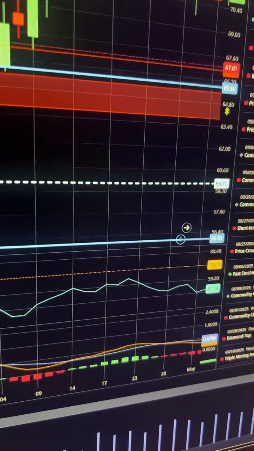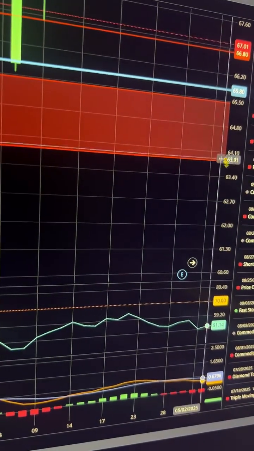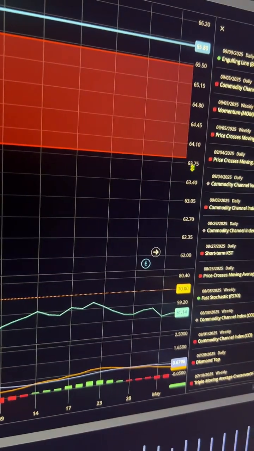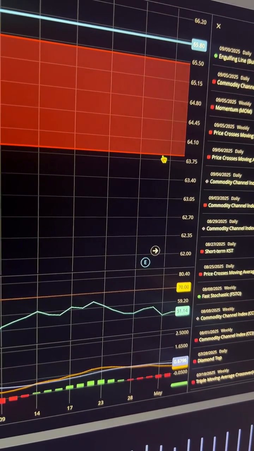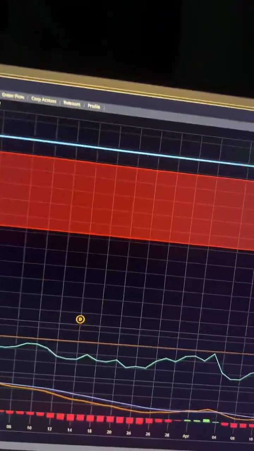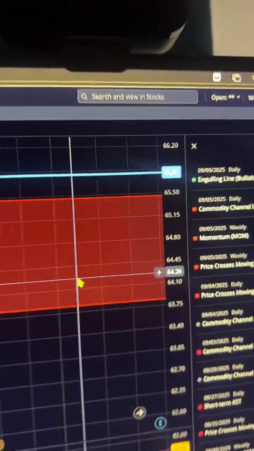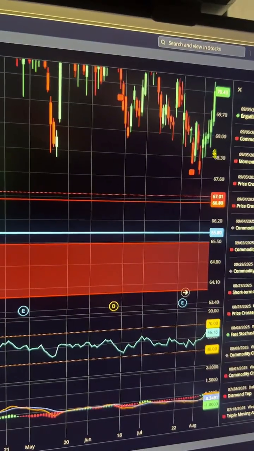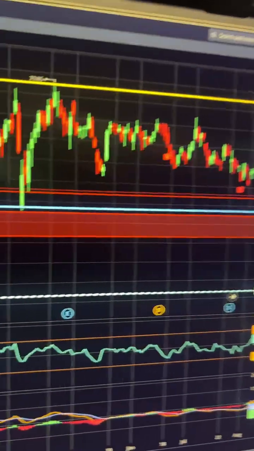Look, we're going to get some more numbers over here so I can actually see what it is. There we go. So $64. I can get the exact number the more I zoom in. $63.75, maybe even, yeah, I'll just go ahead and say 64 just to be on the safe side. That's $1. That ain't much. So really, I wouldn't even fuck with that. I would say I will wait for it to come down into that red and then I'll expect it to go back up because I know that